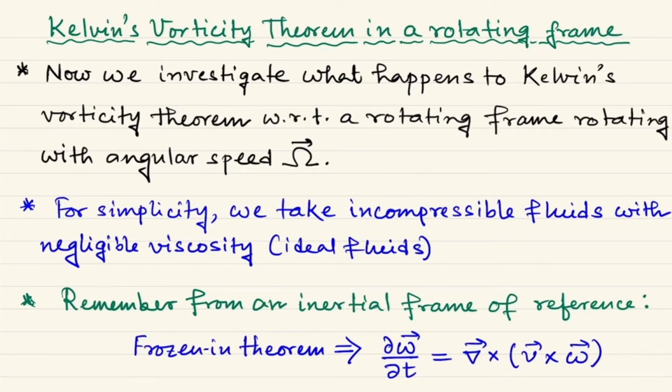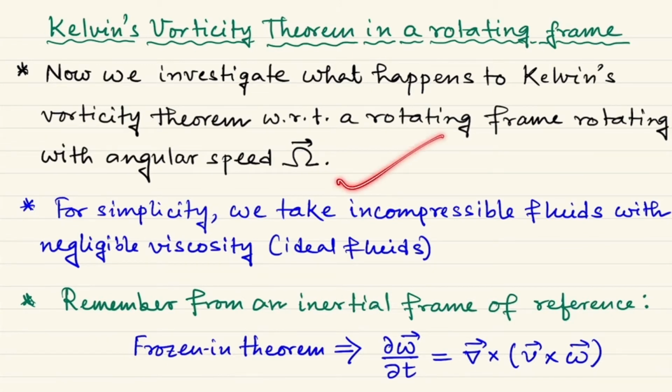For example, it can be variable. Omega is the angular speed with which the reference frame is rotating, so it can be a function of time as well. But just for instance, this can be anything. It can be constant, it can be a function of time. Okay, now